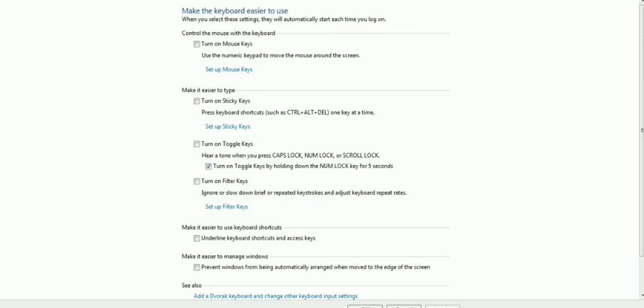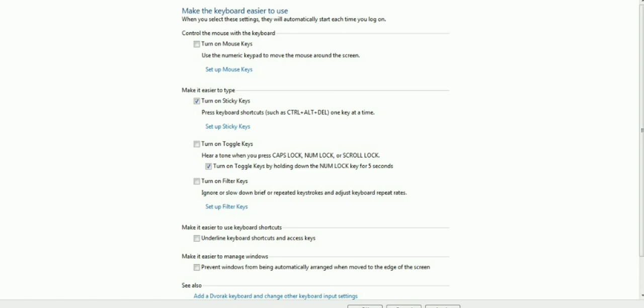If we are not pressing these keys simultaneously, then the computer will not accept the keys, right. So if any person is having a problem, if that person is not able to press both the keys simultaneously, then you will select this turn on sticky keys. Now what will happen, if I have set it on and now from my keyboard I am pressing control, this key will remain enabled until I press a second key of the combination. When I am pressing A, then it will perform that operation. It is for those people who are having problem in working with simultaneous keys.